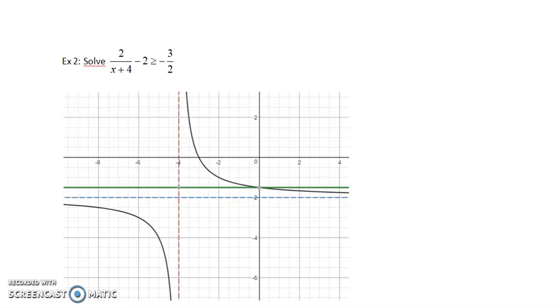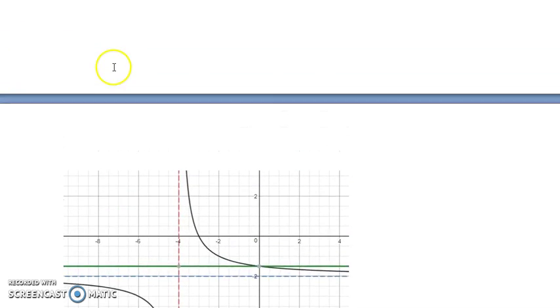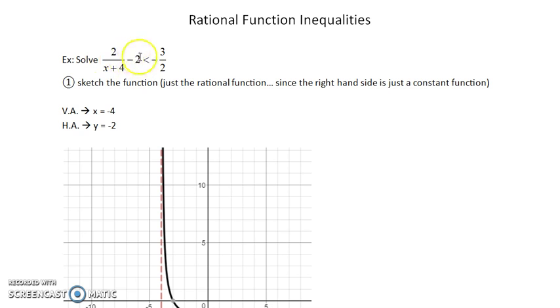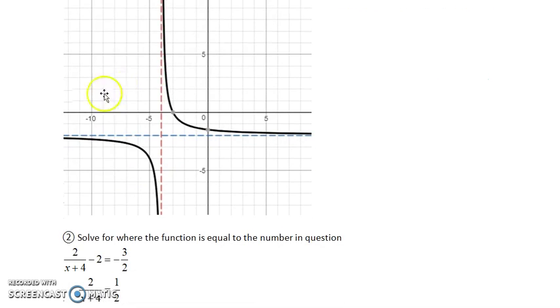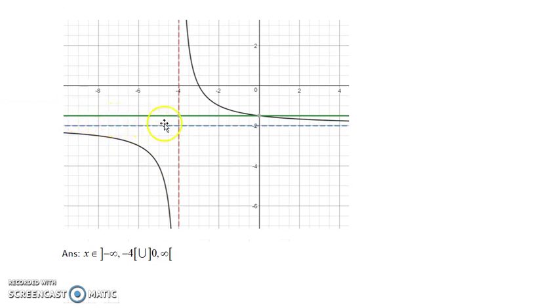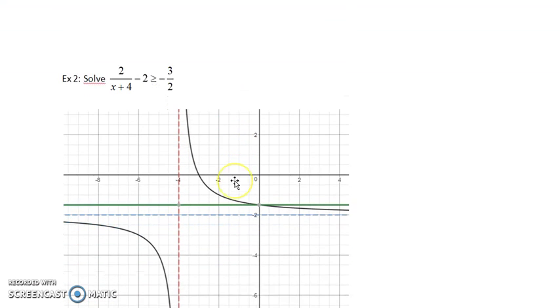This is rational function inequalities part 2. In part 1, which was example 1, we looked at this example here. It was this rational function is less than negative 3 over 2, which was looking at where this function is below the line here, y equals negative 3 over 2. In example 2,